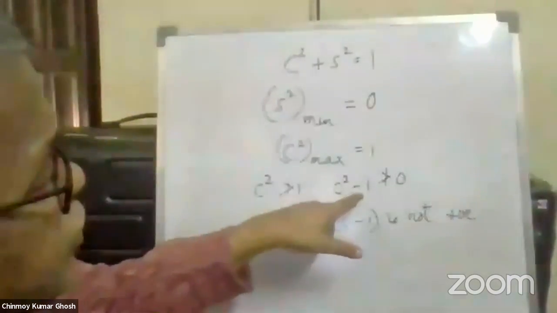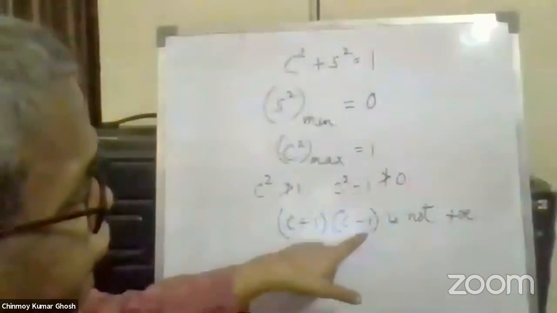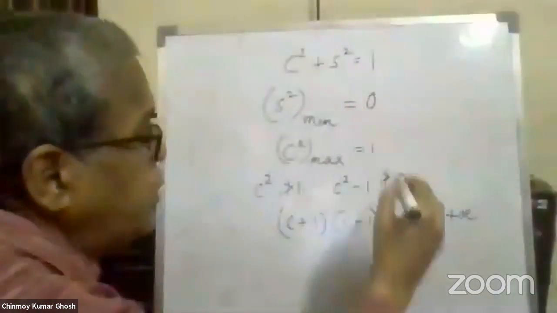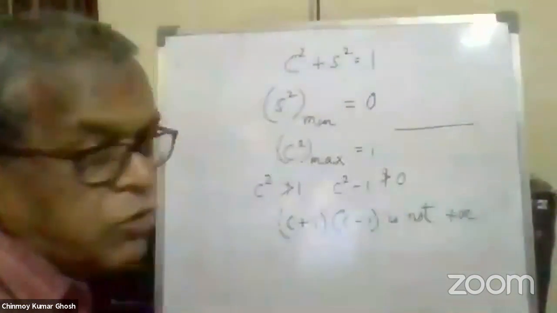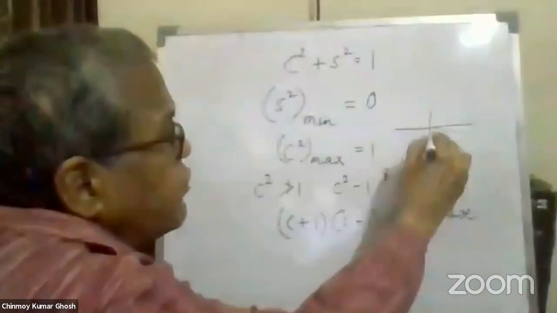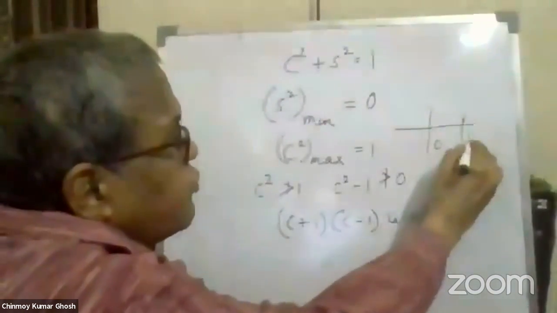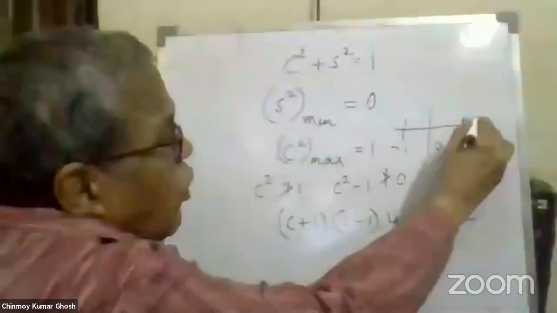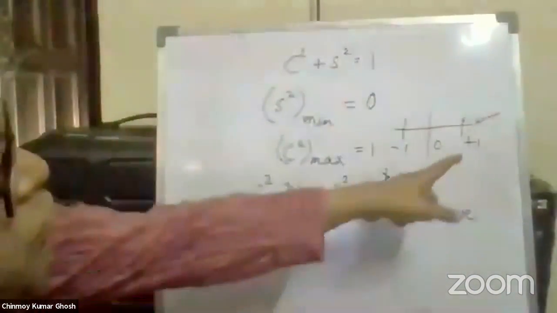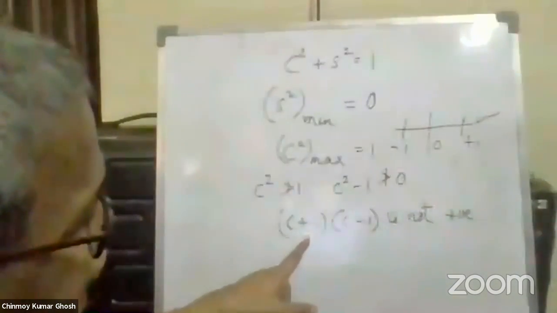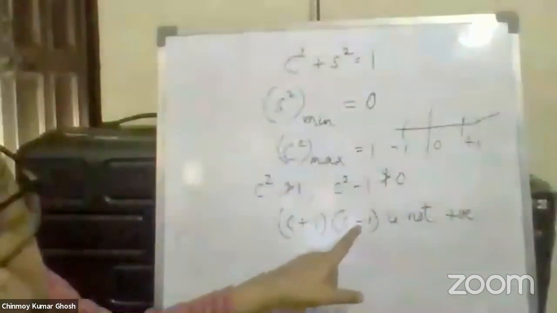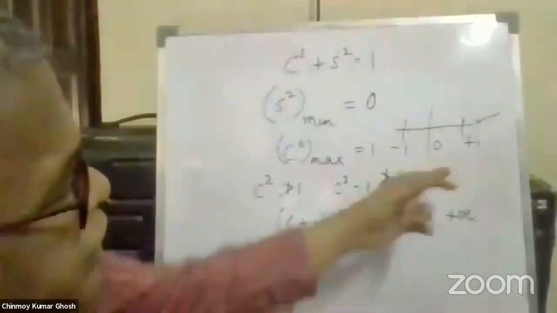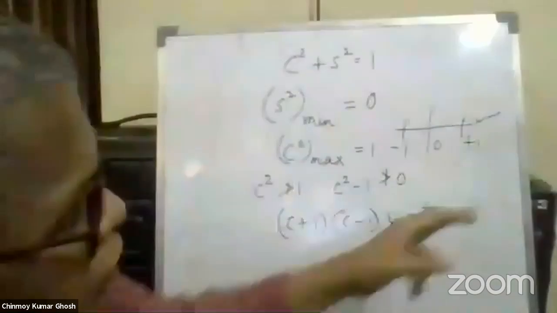c square minus 1 is not greater than 0, so c plus 1 into c minus 1 is not positive. So I have to be a little measured about using the board. Say this is a number line, this is the point 0, and this is +1, and this is -1. So if c lies beyond +1, if c is more than +1, the first factor is positive, the second factor is also positive, and so the product is positive. So c cannot be more than +1, because